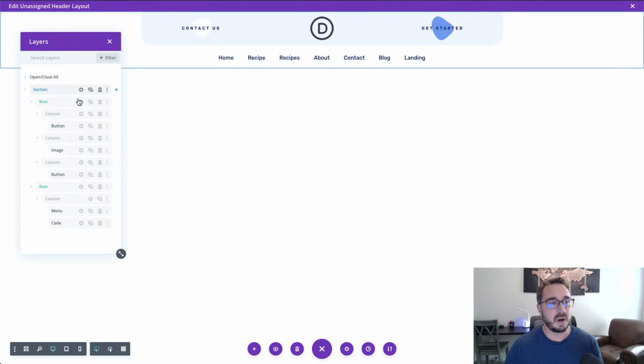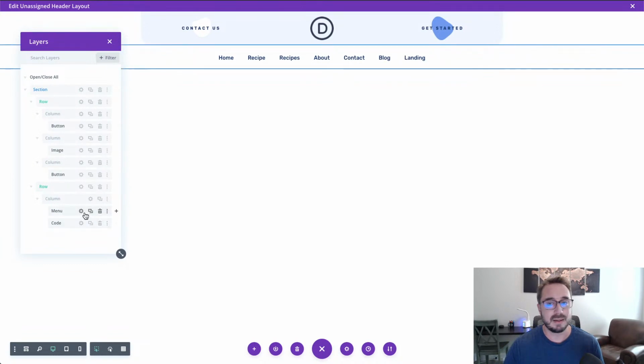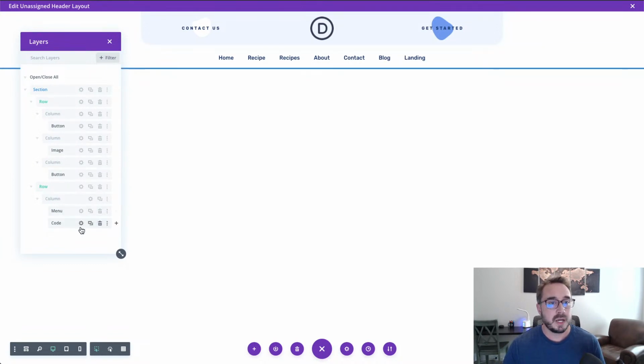So that opens all of our elements, all of our sections, rows, columns, so we can see everything at once. Makes it a lot easier to select elements in Divi. Especially with this layout, we'll be hiding certain things initially, so we'll want to be able to see those on